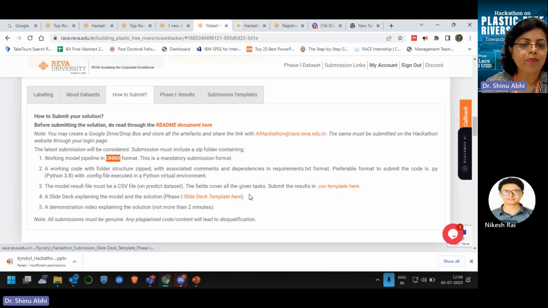The slide deck template, which is also available, must be submitted, explaining your team profile, your model, the solution, and the approach. You can also self-record a video and help us understand your solution, in less than 2 minutes. So there are 5 things that you must submit. You may create a Google Drive or Dropbox, put all these artifacts together, and provide the link with AI hackathon